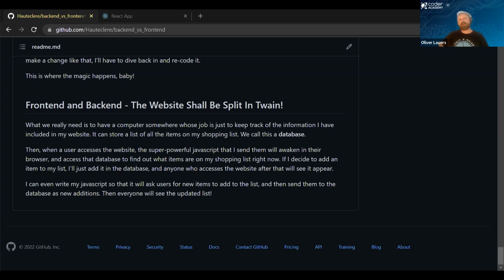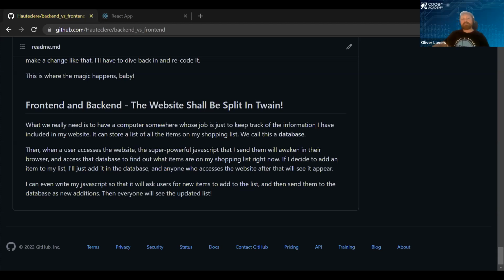In response, I'll send them an HTML file with a little bit of magic JavaScript sprinkled in. And that JavaScript, when it wakes up on their computer, is going to send out another request to my database. And the request at first is just going to be a request saying, hey, what data should I put in the website? My database will probably say onions, garlic, celery, balsamic vinegar.